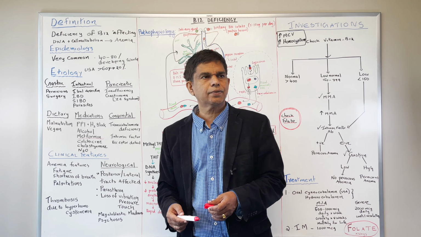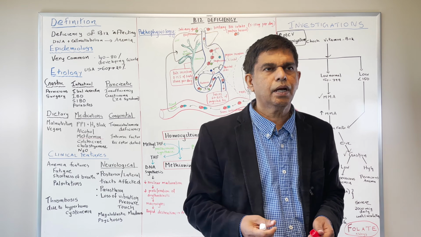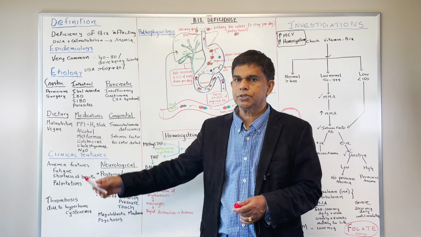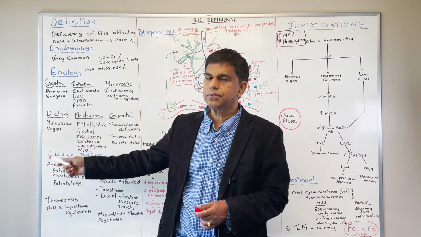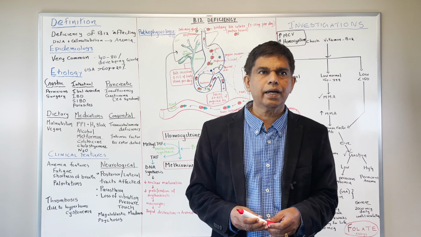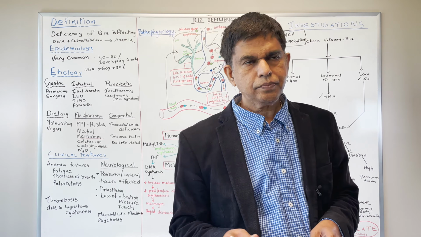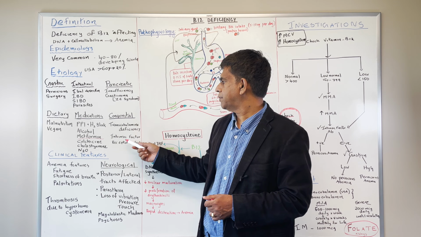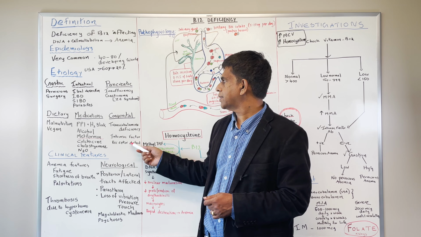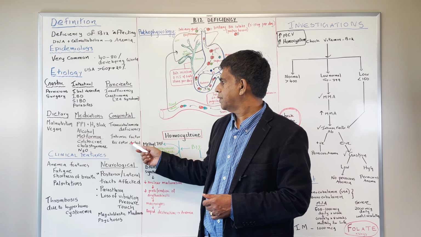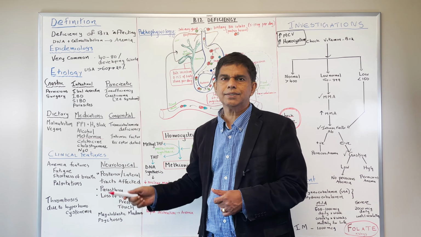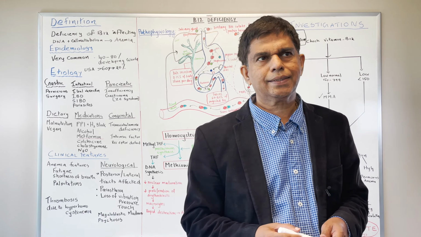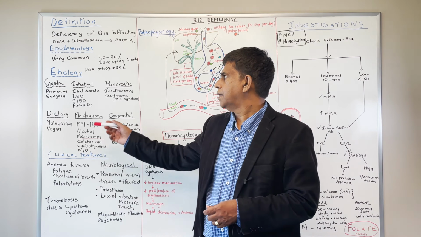What do people use nitrous oxide for? It's a recreational drug. Young people can use it, and that can also cause vitamin B12 deficiency. And there's dietary deficiency, malnutrition, like a vegan diet. Okay, we'll come back to the diet. And the congenital causes: there is transcobalamin deficiency, intrinsic factor receptor deficiency, and all of these are congenital deficiencies. Okay, everybody got that? It's very important. It's an extensive list of causes.